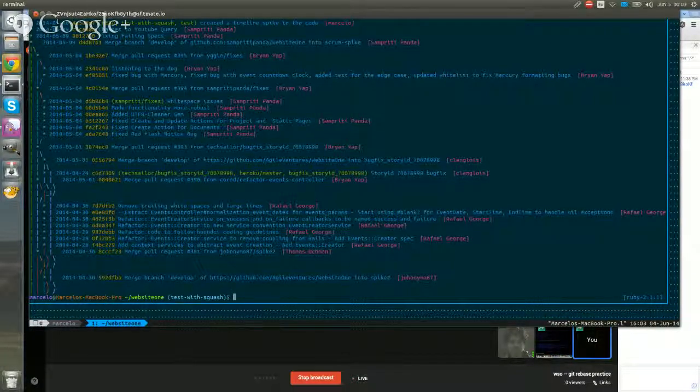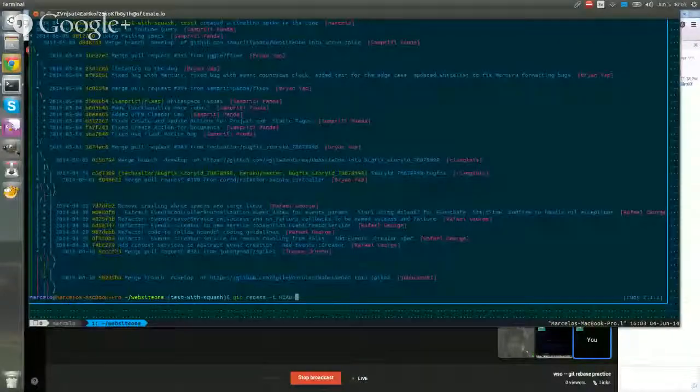Okay, so we're going to squash the top 3 commits. The command for squashing is git rebase -i, I believe, and then HEAD tilde, and how many commits do you want to squash? In this case, I want to squash 3. If you said 0, that would only give you the top one, right? Or would it give you none? I think it'll give me none.